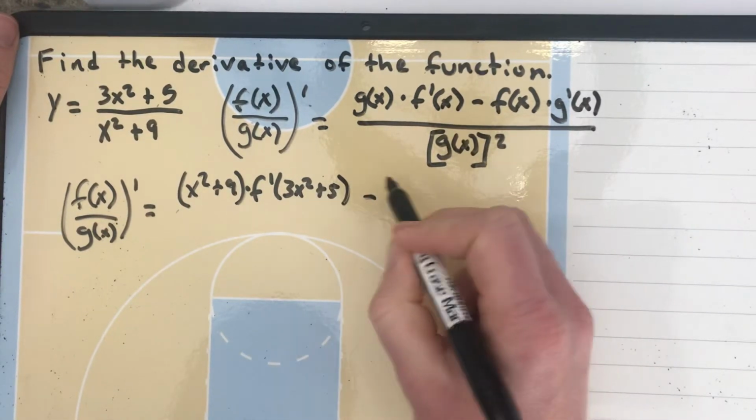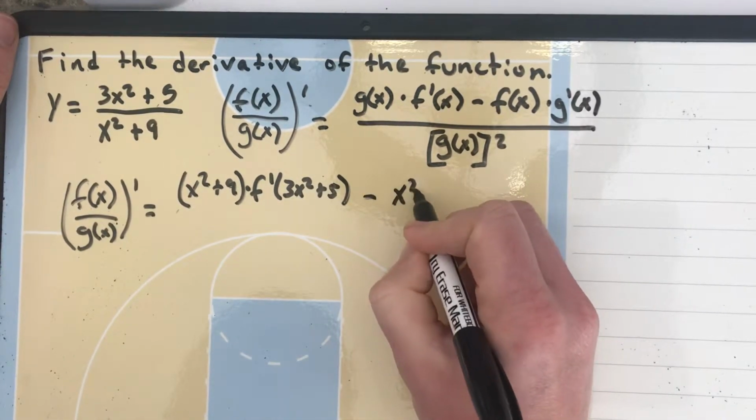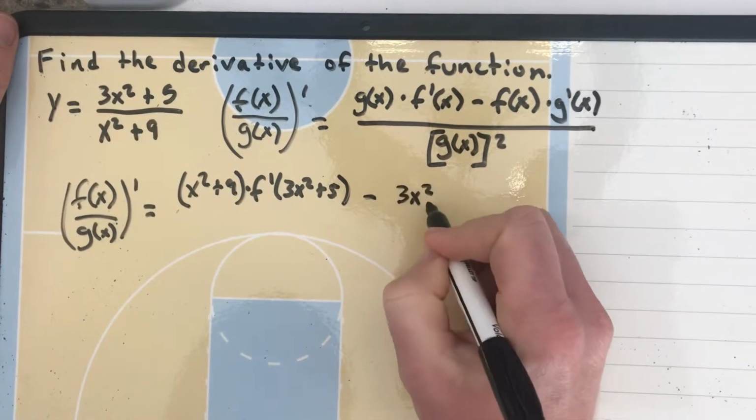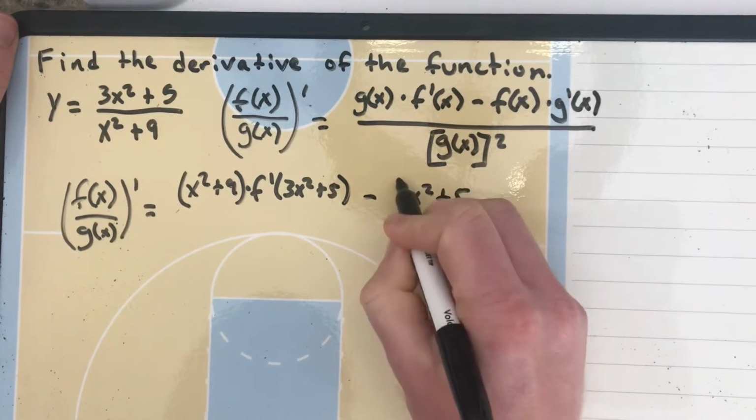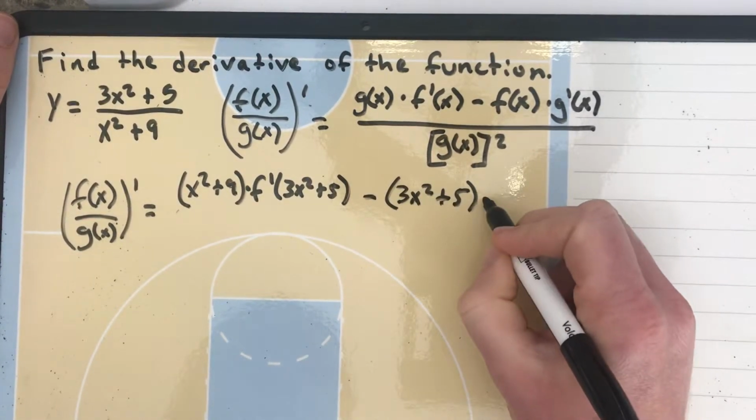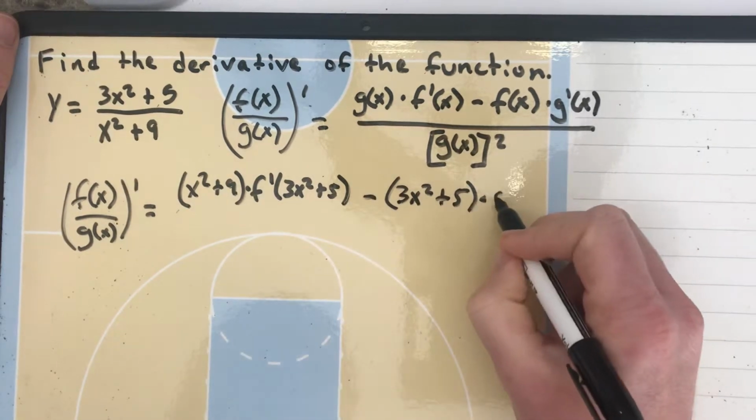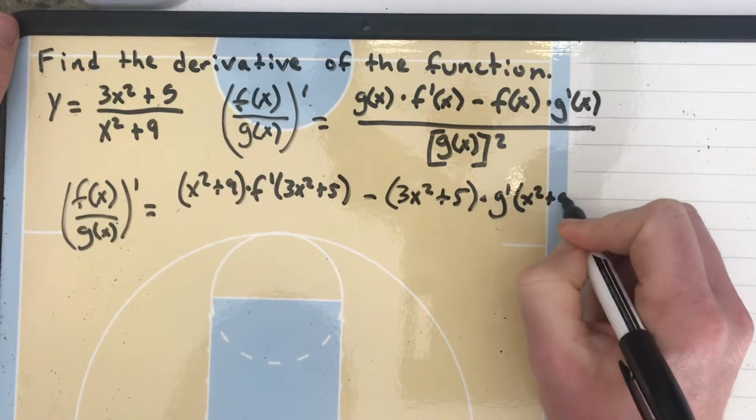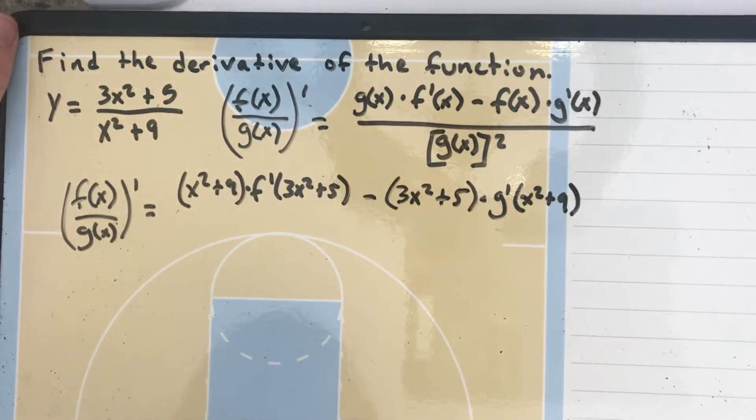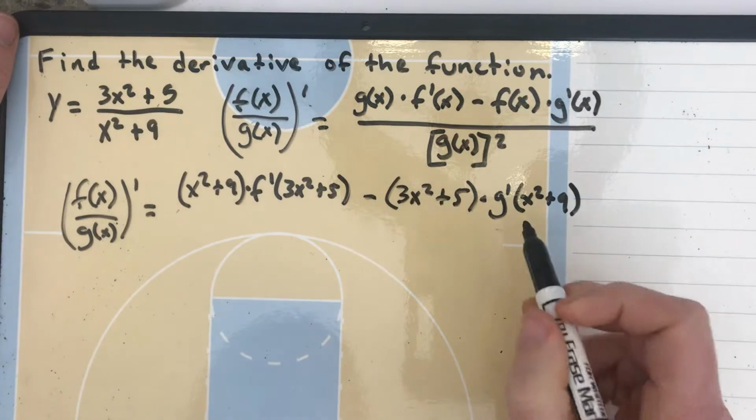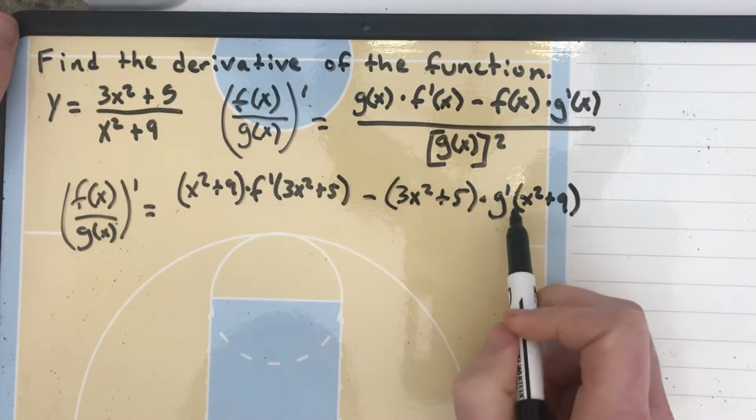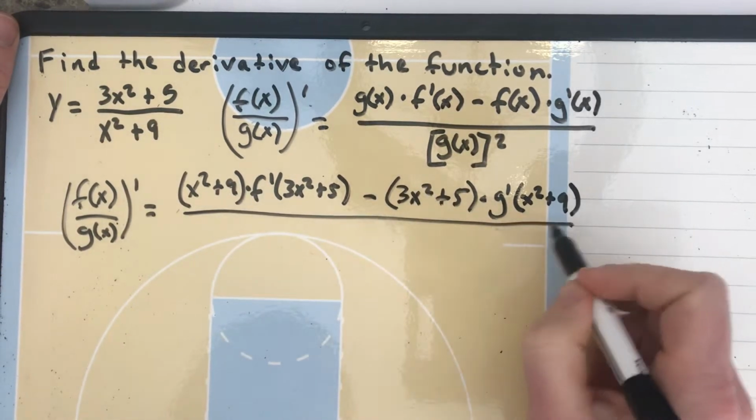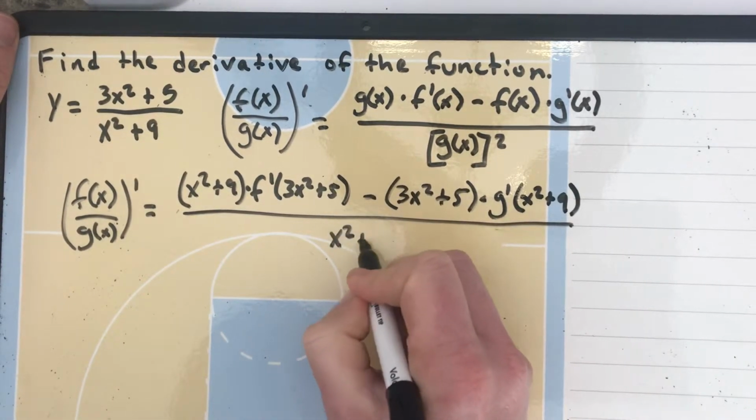And we'll have minus f of x, which is 3x squared plus 5, times g prime of x, the derivative of x squared plus 9. And so we're going to take the derivative of this function, take the derivative of this function, and all that should be over x squared plus 9